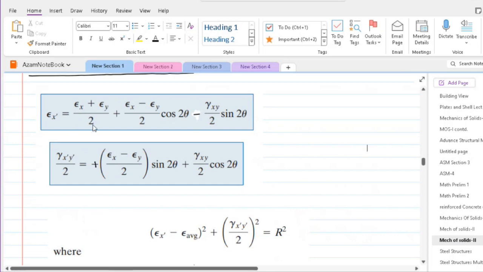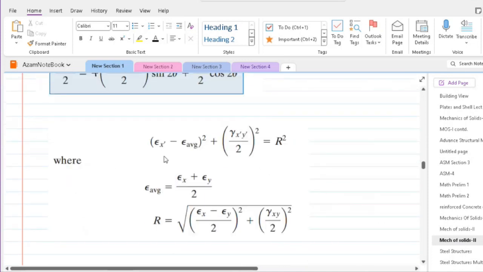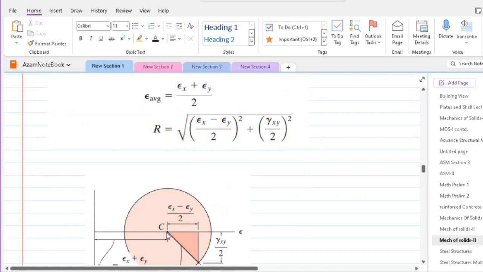Hence, bringing the terms without thetas to the left in the axial strain and the shear strain expressions, and then squaring and adding, will give us the equation of a circle. We can see from this equation of circle that the center of this circle is on epsilon axis at a point C,